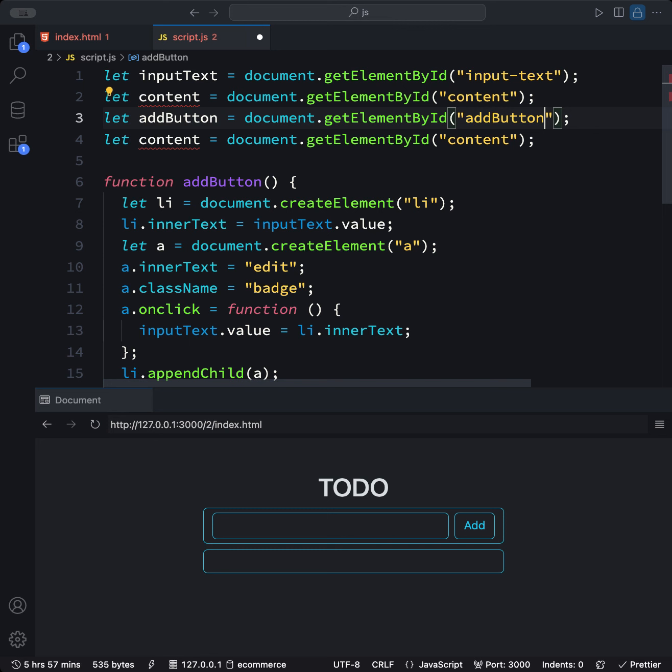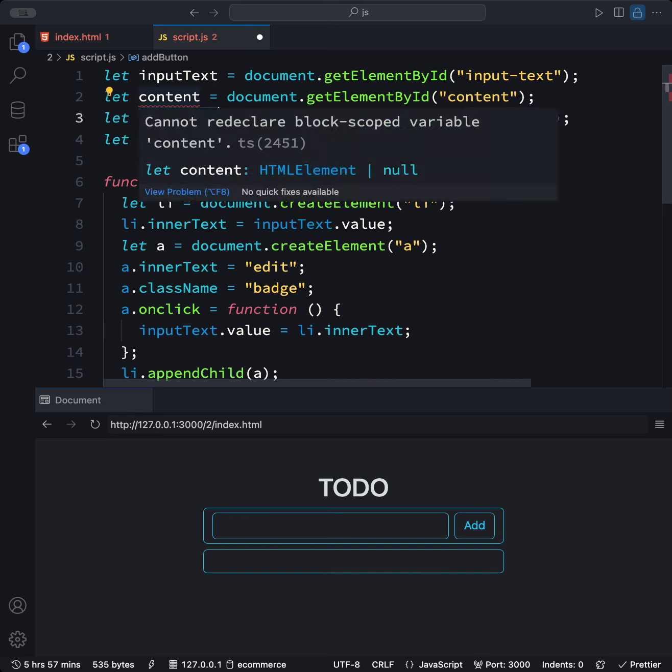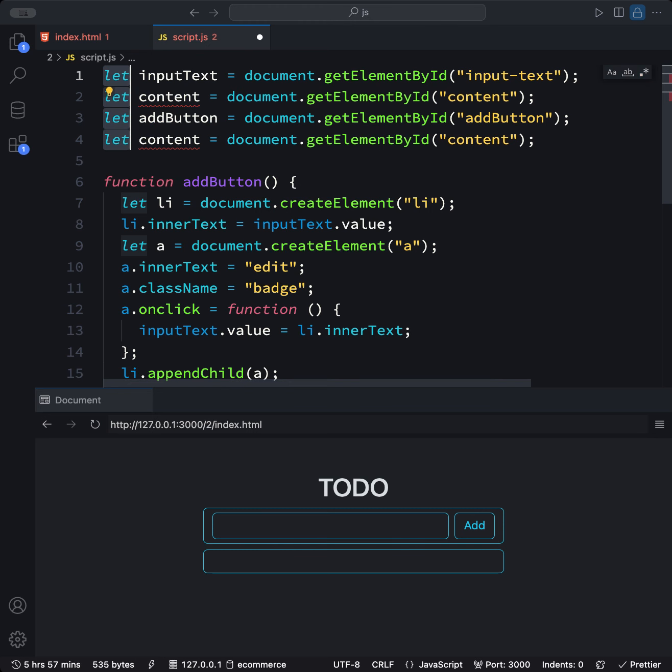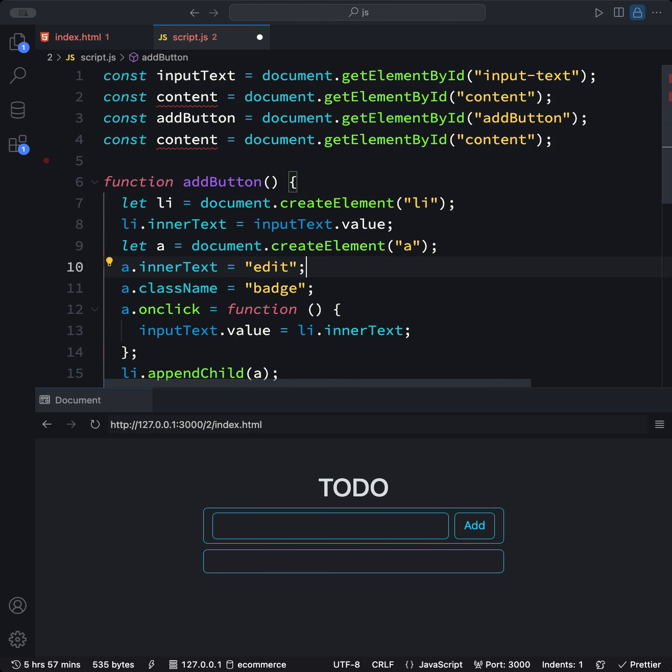So I always use the same name so that I don't need to worry. This one is a name from HTML. It doesn't conflict with the JavaScript name, so we're good to go. And all these guys can actually be constant, because they won't really change like that. So this one can then become save